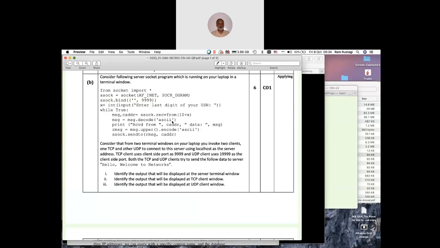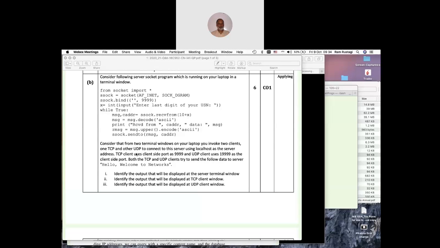If it was a TCP server, it's byte-stream oriented, and it will get each byte in the next read. In UDP, you read the whole message, and whatever the buffer size is, you read only that much and the rest is discarded. So it's important, as I said very clearly, that in a UDP server you should know what the buffer size is, otherwise give 65K to get the full message. So if your last digit is 5, the server would display only the first 15 characters, even though the client is sending about 20 characters or maybe 22.